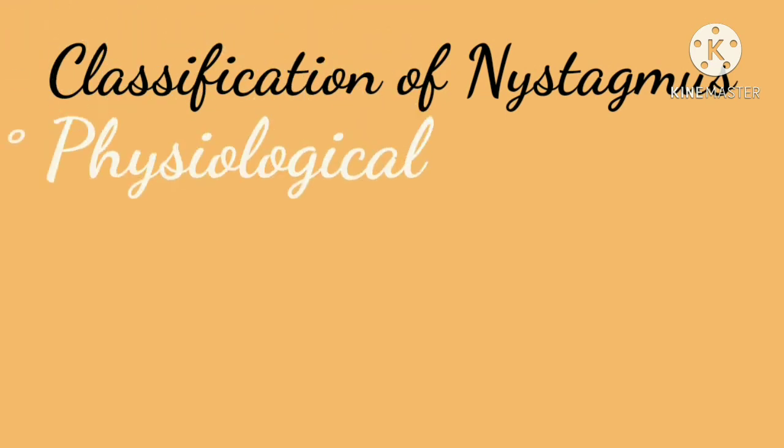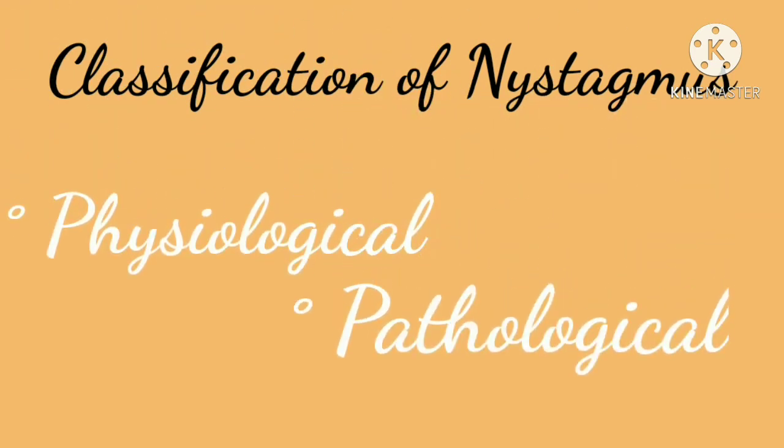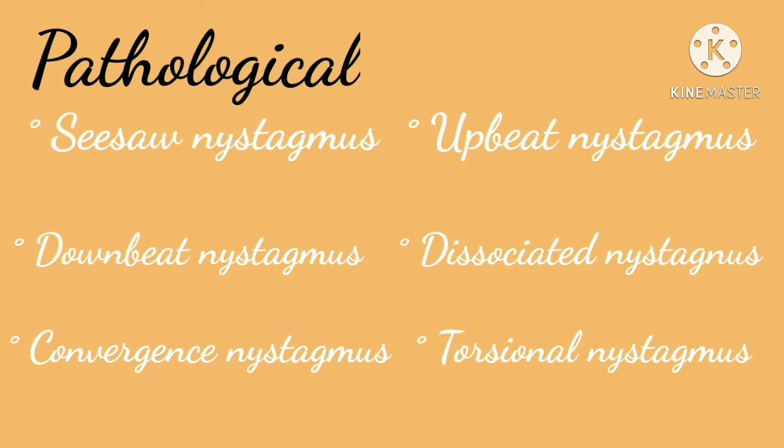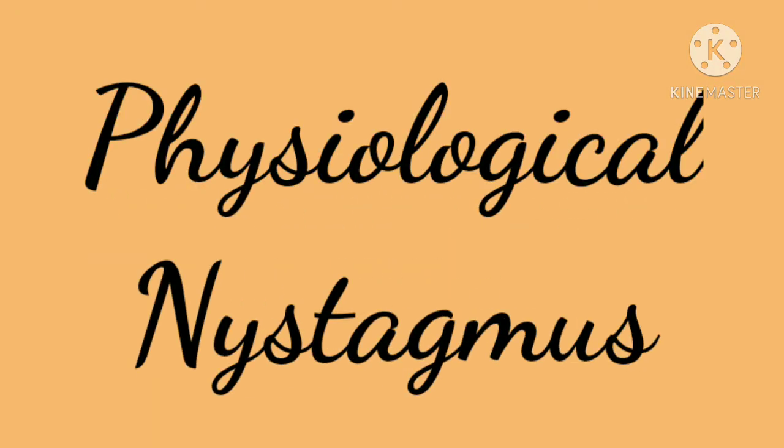There are two classifications of nystagmus: physiological and pathological. Physiological includes end-gaze nystagmus, rebound nystagmus, and optokinetic nystagmus. The pathological includes seesaw nystagmus, upbeat nystagmus, downbeat nystagmus, dissociated nystagmus, convergence nystagmus, and torsional nystagmus. For physiological nystagmus,